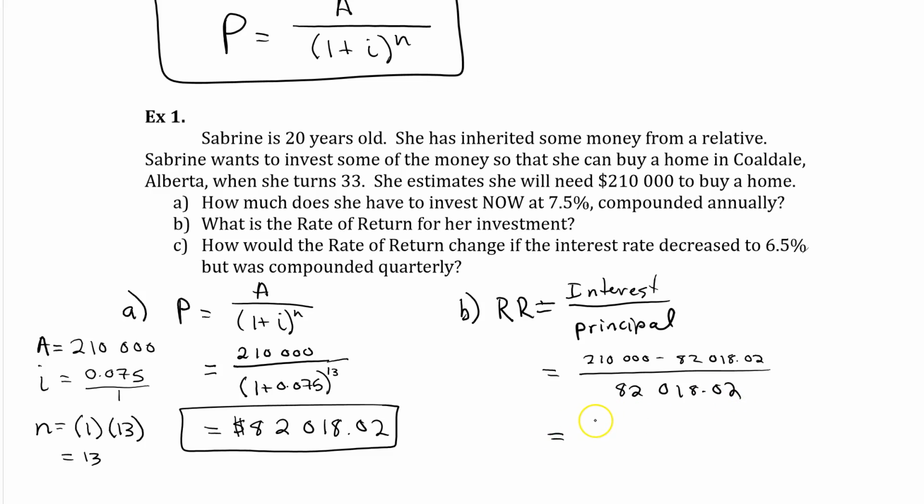We get here to $127,981.98, all over $82,018.02. So when we divide these things, the rate of return is